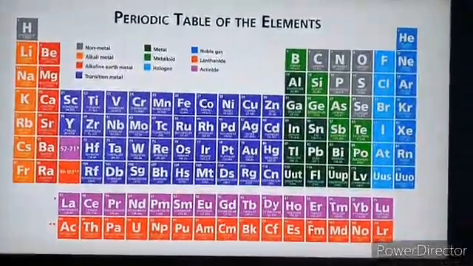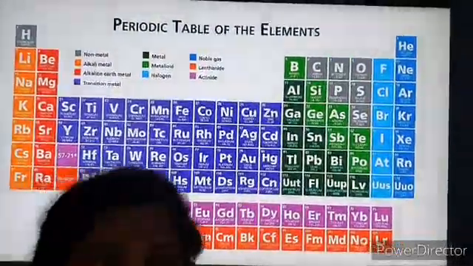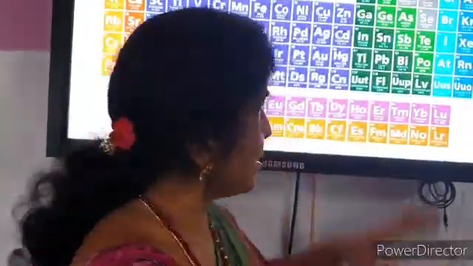Now this is the periodic table. We have learnt a lot about it and how the elements are arranged in the increasing order of their atomic number and outer shell configurations. So all these things we have already learnt, and I'll give you one interesting point before I conclude. This particular table has almost all alphabets except two, J and Q. So you can go back and check the table. You will not find these two alphabets in any of the names.